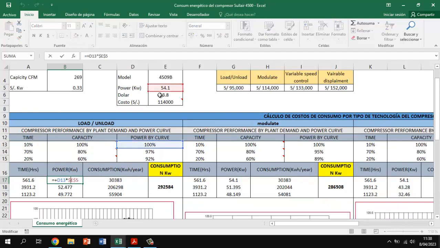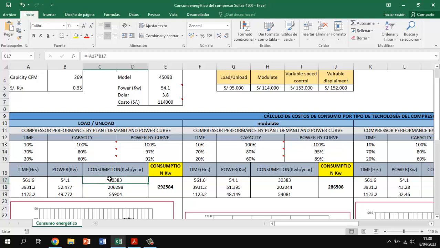This is the 100% of that power, your 97 of that power, and your 92 percentage of that power. Then you multiply to have your consumption of kilowatt per year, and then you sum all these results. So you're going to have,